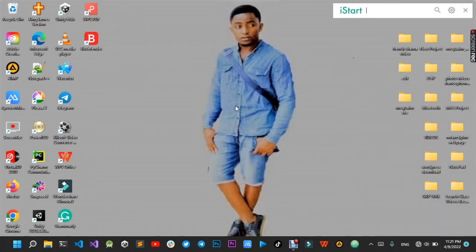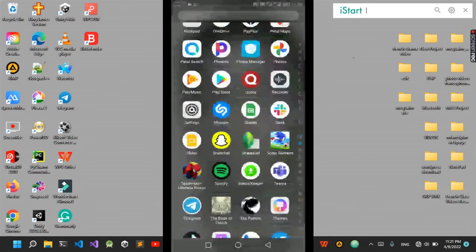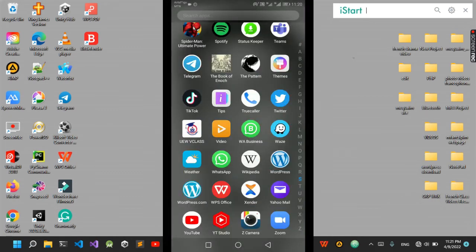Okay. So now I want to connect my xender, right, to the computer. Now I've connected the Wi-Fi hotspot. Now the next thing I should do is to go to my phone, right, and then look for xender. Right, so I can see xender here, which I'm going to click, right, and then in my xender,